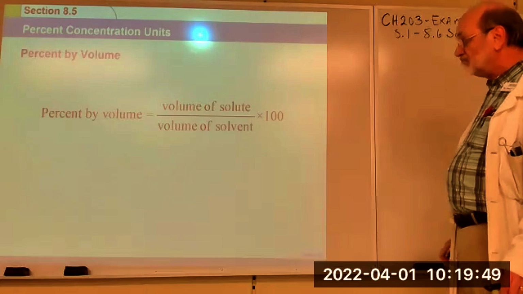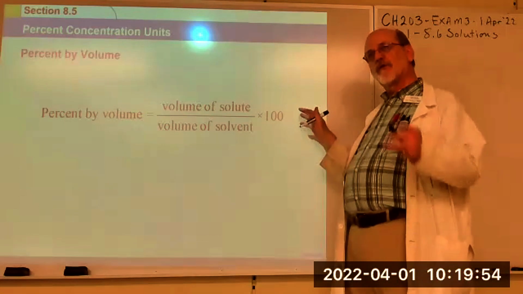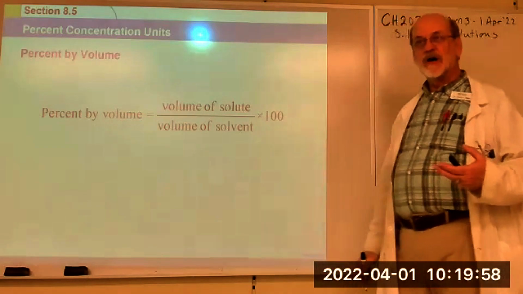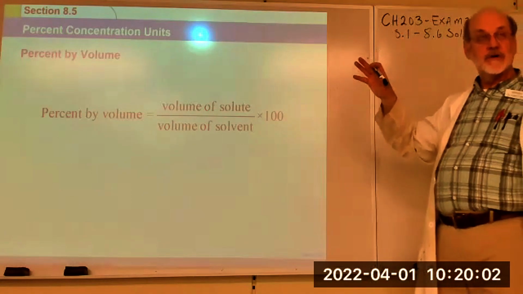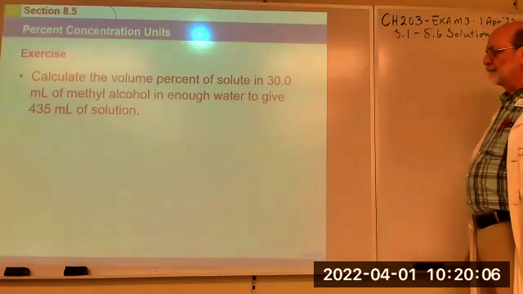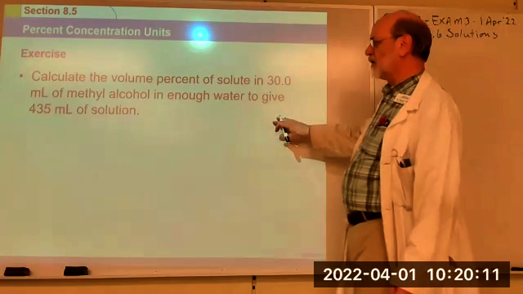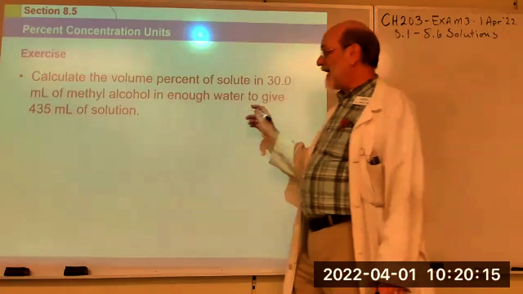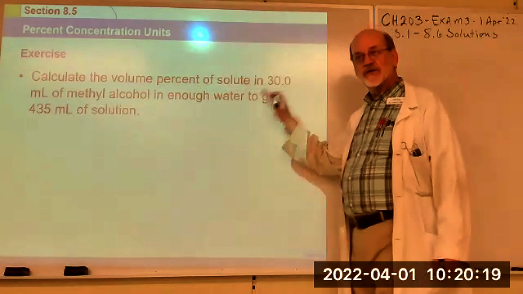Percent by volume. Percent by volume is useful for liquid solutions. But the temperature comes into play here because when you change the temperature, you change the volume of the liquid. 30 milliliters of methyl alcohol in enough water to give 435 milliliters of solution. In this case, it's important to say what's the volume of the solution, because when you add a solute to a solvent,